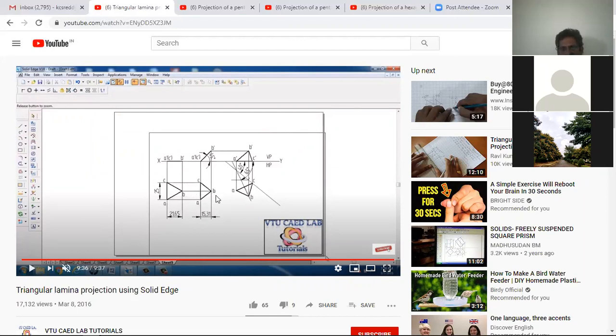Say for example, if you want to move this object, you take either A as a reference, or B, or C, or M as a reference. You can take any one of these as a reference. If you take B as a reference, B comes here and then it will be the reverse of this. B will come here and then we are going to place it on the object.